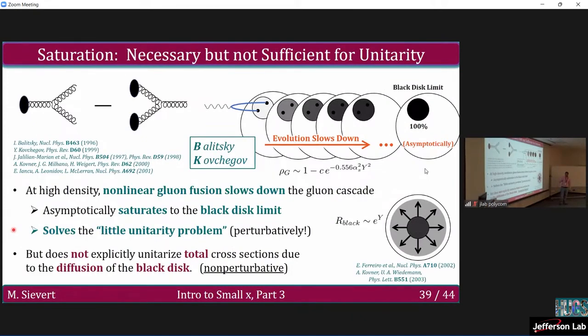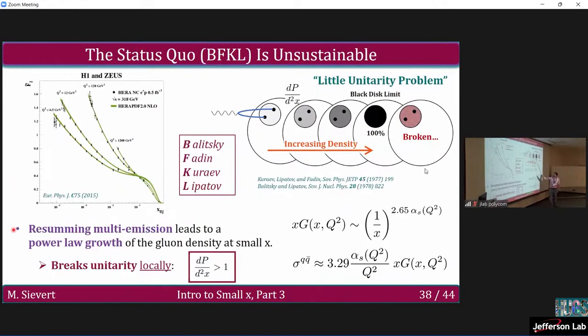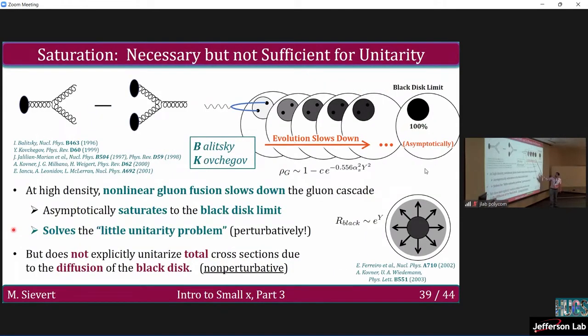If you solve the BK evolution equation, you see exactly how that works. It slows down that growth. The growth is exponential in the beginning, and then it slows down. You see that it asymptotically approaches 100%, but it never gets there. This is what I would refer to as the little unitarity problem, right? The BFKL evolution drives you right past 100% probability at a point. Nonlinear evolution, BK, solves the problem of 100% probability at a point,